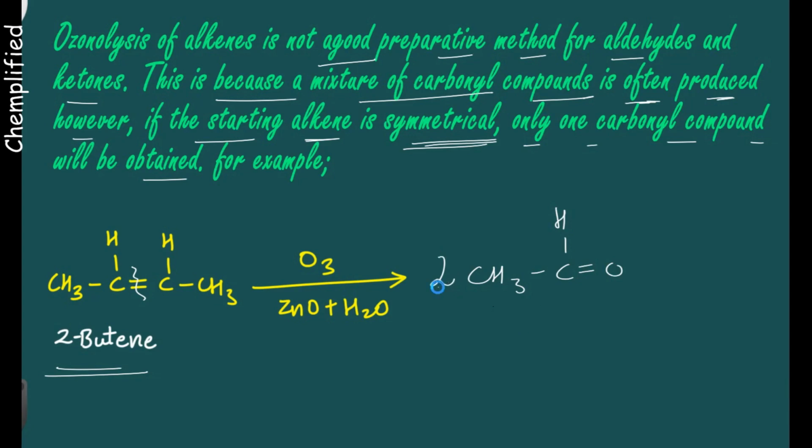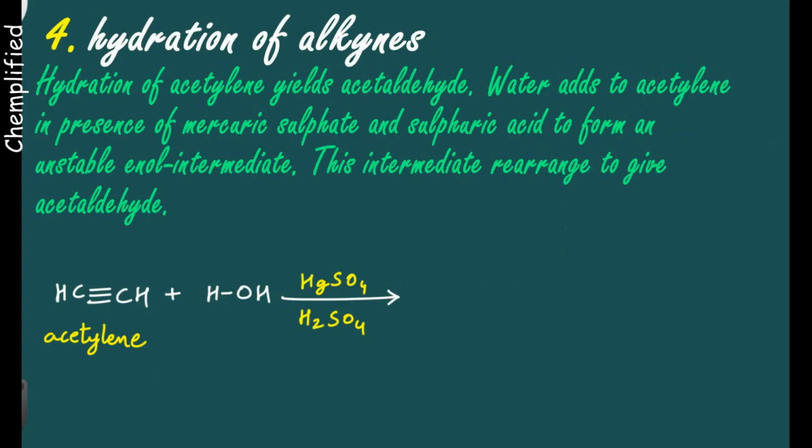You will get only acetaldehyde in the product. You can write 2 in this place, 2 in this place, right? So this is your final product. So you have to use symmetric alkenes for this particular process. You can make unsymmetric alkenes, but you have to separate them later on. Now the next is hydration of